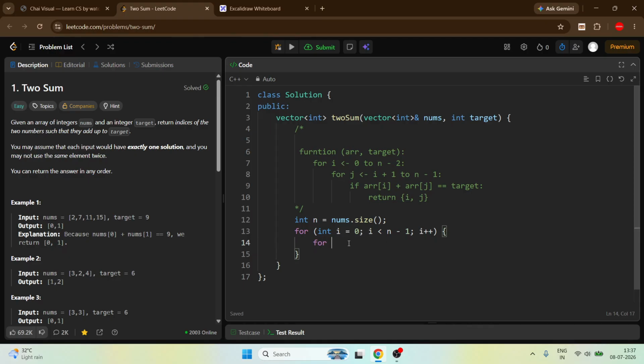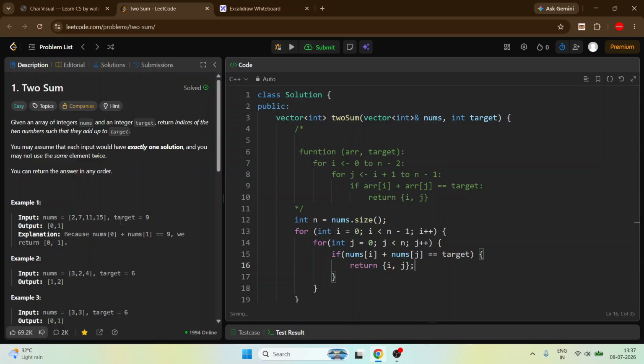So just do another loop here. If nums of i plus nums of j equals target, then simply return i and j.